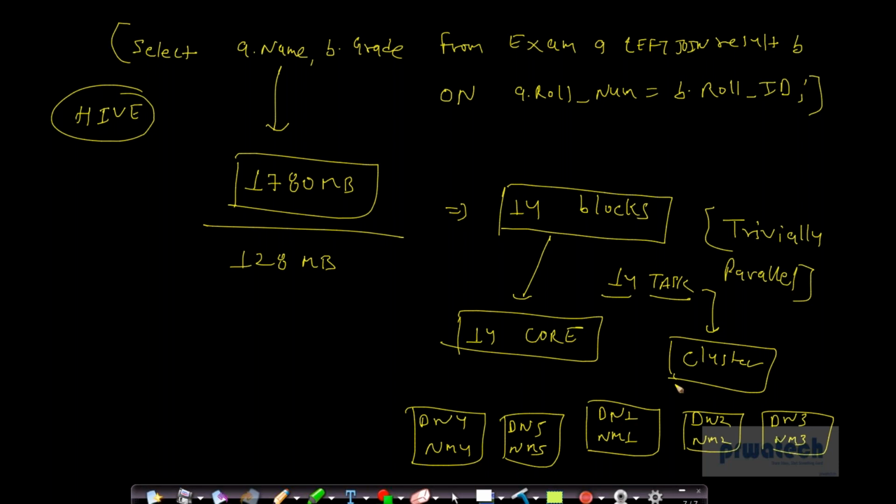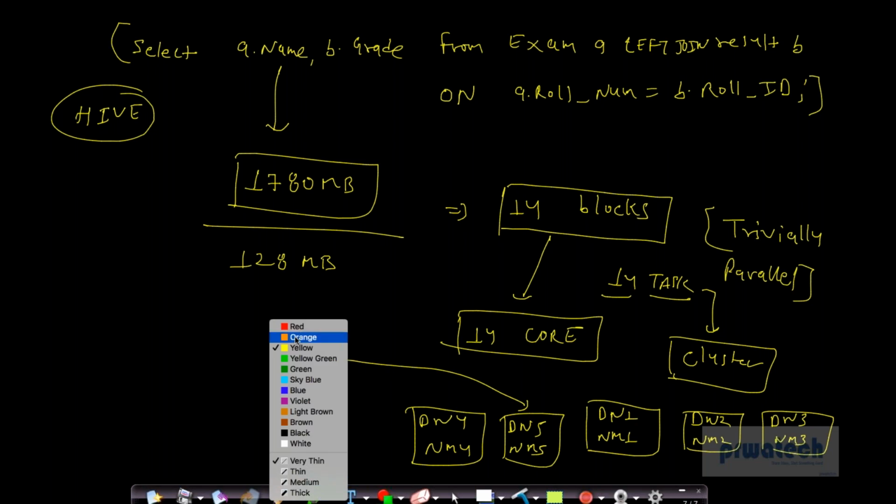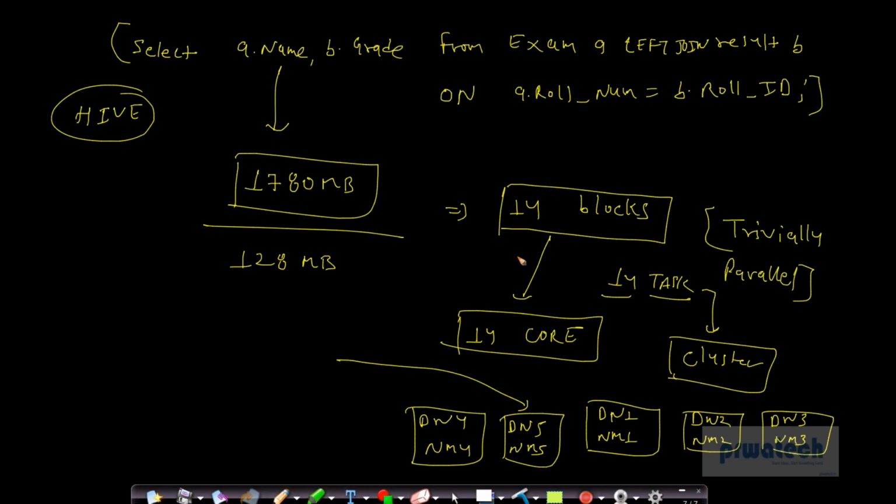So I am doing one task processing on DN5. Let's say the task number is 12. We have a total of 14 tasks. Let's assume task number 12 is running on this DN5 and NM5, this machine. And for task 12, we can track every task. We know how to track this. So we can check every task and I can see this task T12, task 12, is 54% completed on this